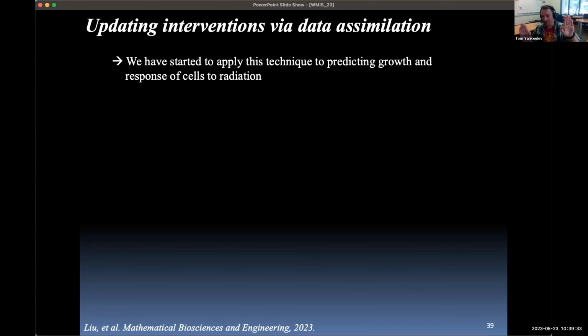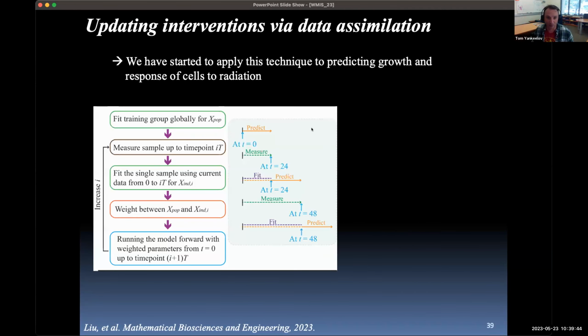So population, individual: you predict from time point 0 when there's no information beyond initial conditions for the individual, and you're doing that prediction based on the population. Then as you go further and further, you include more and more of the individual's information. So you fit a training group globally to get some set of parameters from the population, that set of parameters called X, so you can make a prediction for your new person right here.